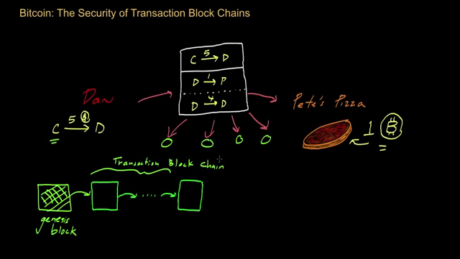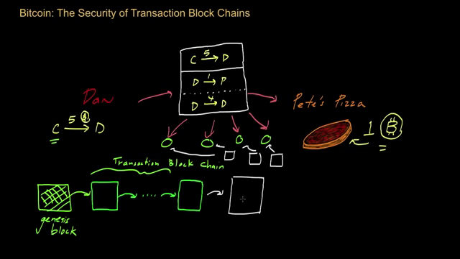And these Bitcoin miners are all collectively trying to take all these recent transactions that haven't yet been recorded. That includes not only the transaction between Dan and Pete, but there may be other transactions floating out there that took place around the same time. The Bitcoin miners will look at all of these different transactions at once, and they're going to try to figure out how to form a transaction block out of these transactions. And they want to add this transaction block to the end of the current transaction blockchain.